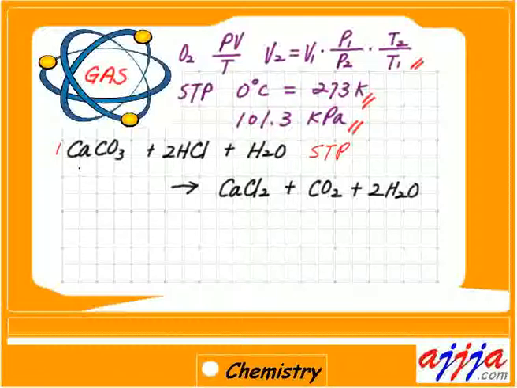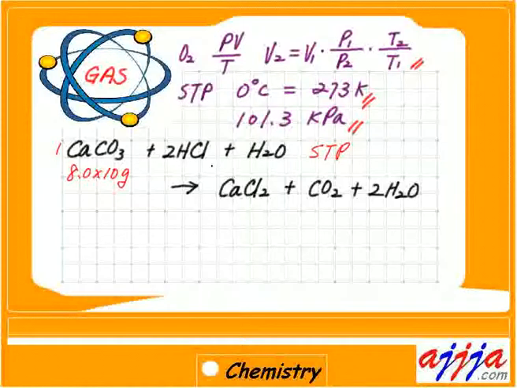Calcium carbonate, 8.0 times 10 to the first power grams, reacted with the hydrochloric acid. Then how much gas are we going to get? Very interesting question. Number one, we have to make sure this reaction formula is right or